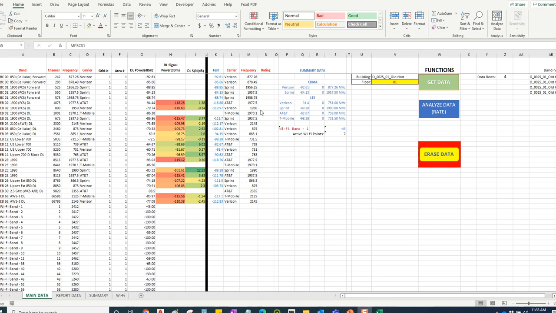The next thing I wanted to do was create some kind of rating that would take into account both the download signal power and the signal to noise. Basically trying to say that if you have a good signal to noise, that's going to improve the overall signal quality. So the rating just simply adds these two numbers together,